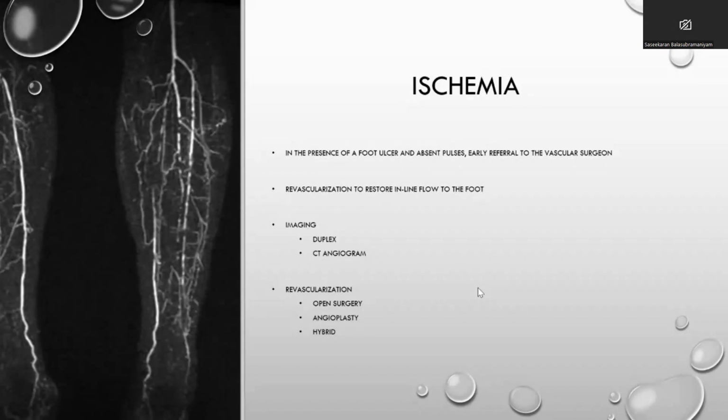In addition to the basic blood investigations, we ask for these if we are planning a revascularization. If the patient's cardiac status is not great, usually if the ejection fraction is less than 45 to 50% with multiple regional wall motion defects, we tend to avoid major surgery. In that case, we choose to go for endovascular. That is nowadays rising in Sri Lanka. Nowadays, most of the centers have started angioplasties.